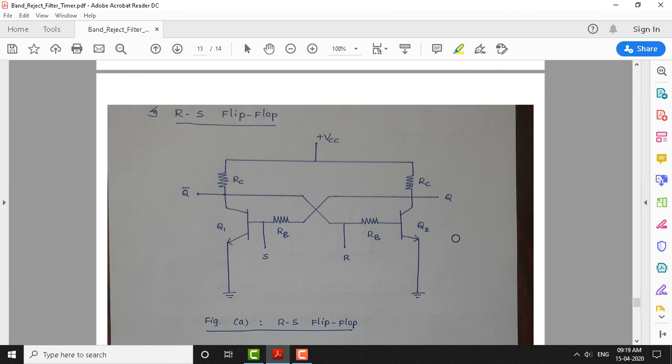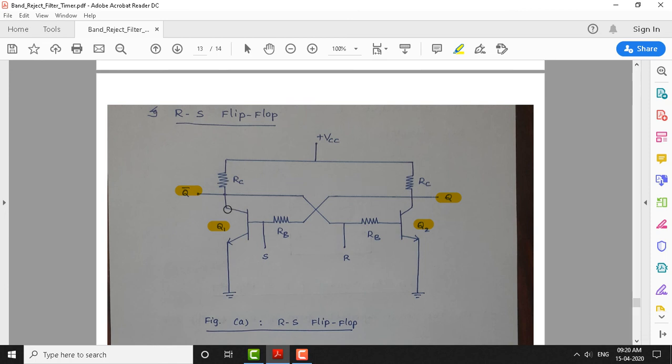So this is a transistor based circuit diagram of an RS flip flop, and this can also be called a multivibrator. As we have said already, this multivibrator has got two states here. One of them is Q, this output, and the other one is going to be Q bar. We have transistors labeled Q1 and Q2. We can observe the output of one transistor is the input of the other transistor. You can see the Q1 output here is an input for the Q2 transistor.